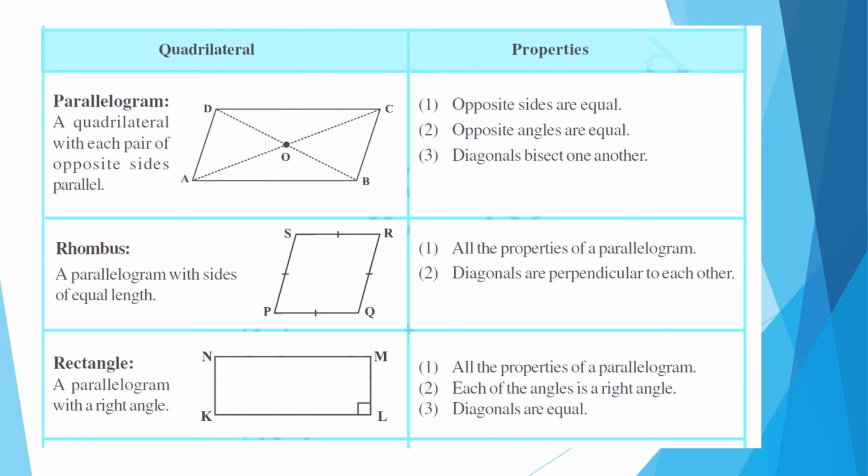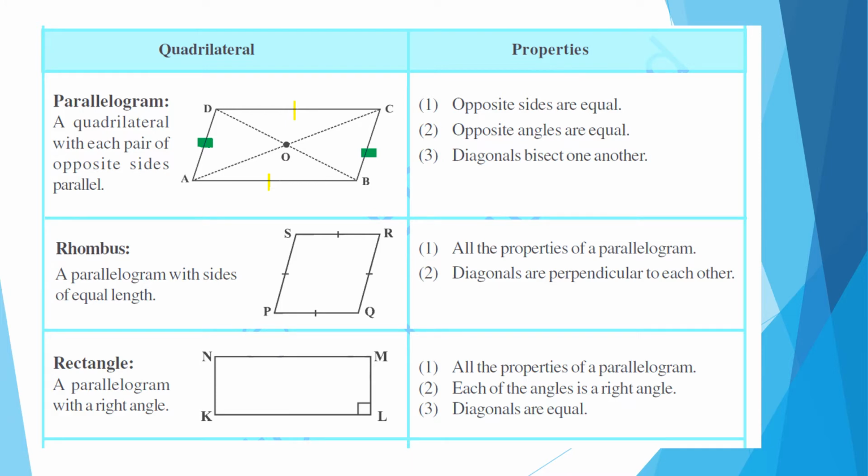Now, first of all, we will take the parallelogram. In a parallelogram, the opposite sides are equal. Like in this, I will mark the opposite sides. Which are the opposite sides in this? So AB is equal to CD, and opposite sides of a parallelogram are parallel also. The other opposite pair of parallel sides is AD equal to BC. So this is one property: opposite sides of a parallelogram are equal and also parallel.